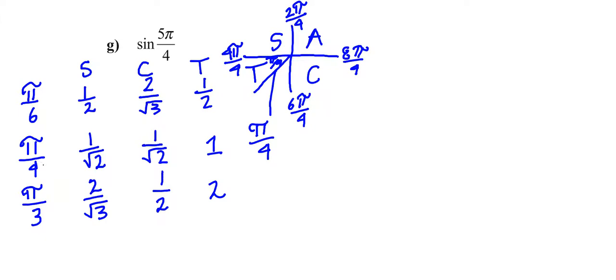and I know it's a sine function, so this is going to be 1 over root 2. And so I'm going to write 1 over root 2, but the thing I have to remember is that since it's in the third quadrant, sine is negative, so the exact value is actually negative 1 over root 2. And that's what our sine 5